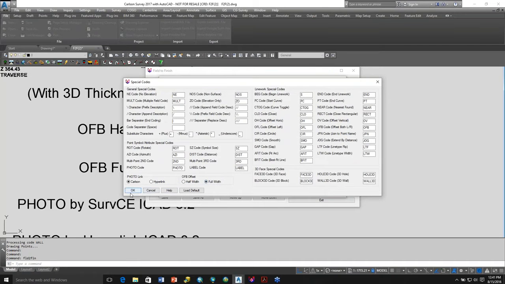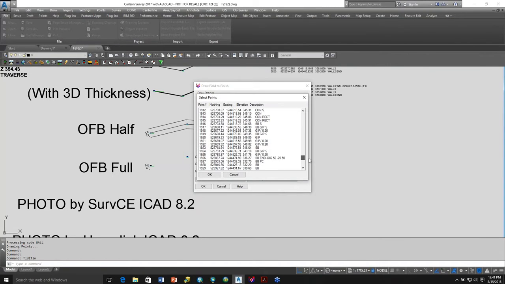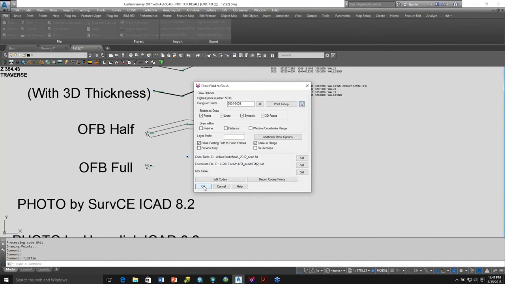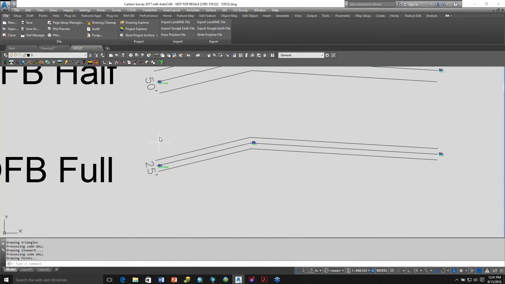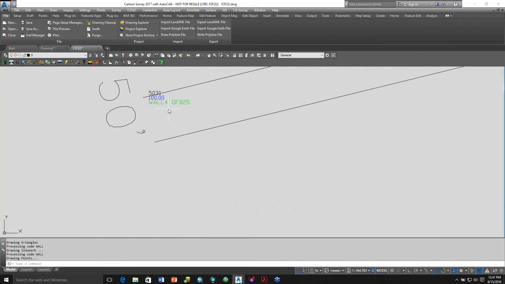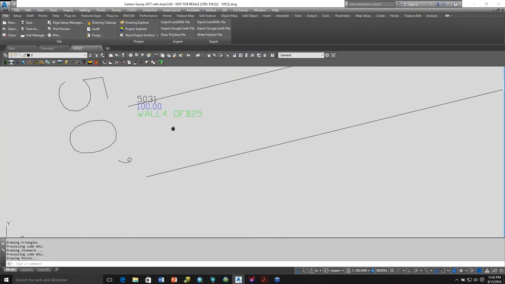Let's go to full width. Come down to list, scroll all the way down, and grab these three right there. Pick OK, and pick OK. And you can see that, so same coding, OFB 25, you can see this is wall 4. Notice that my choice here with the